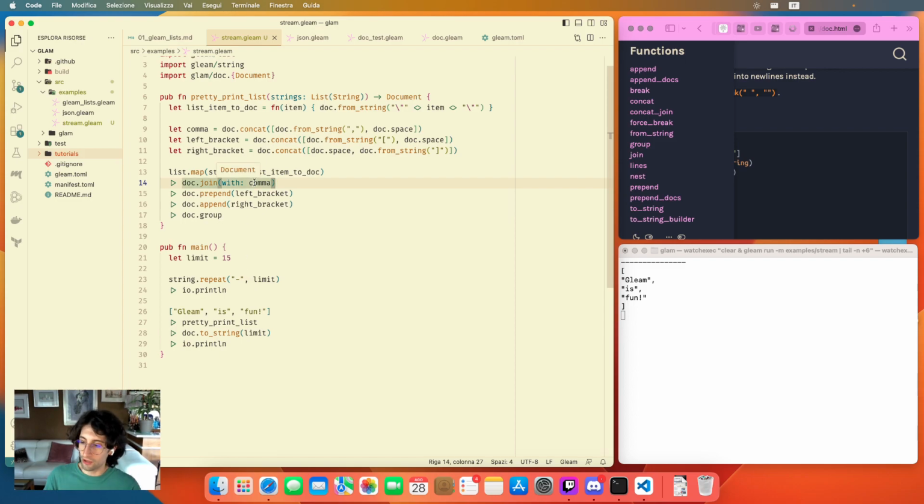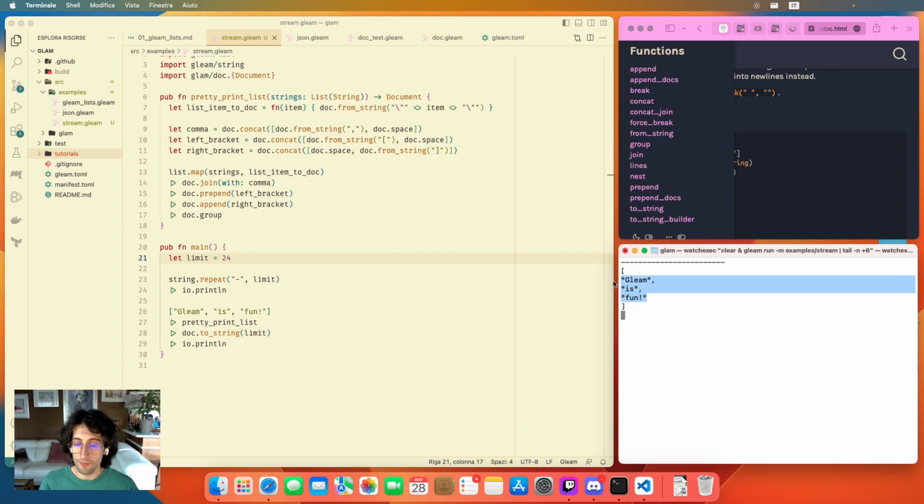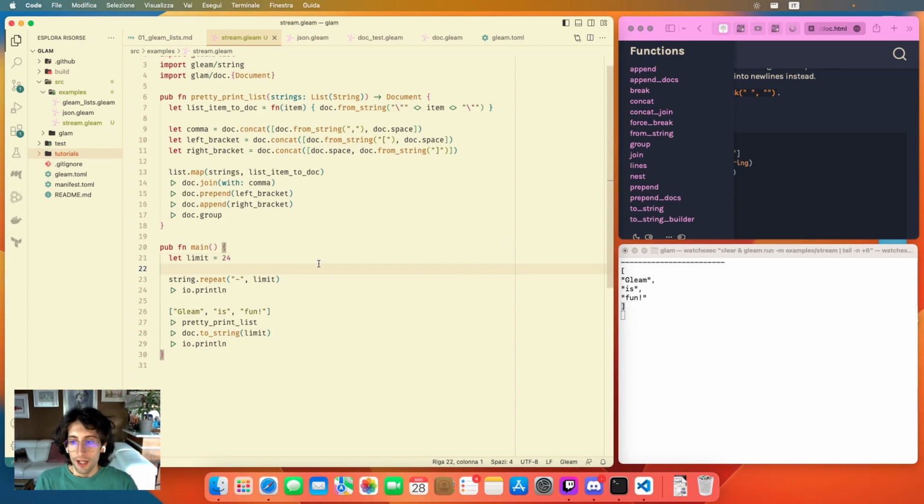But right now we don't need that level of granularity. It's enough to have one single outer group, because everything gets split or not. We don't want to end up in the situation where at the 24 character limit, this goes on a single line and this goes on their own lines. That's perfectly reasonable to want, but for this example, I said I was going to put every element on a new line if it gets split. Okay, so let's get back to